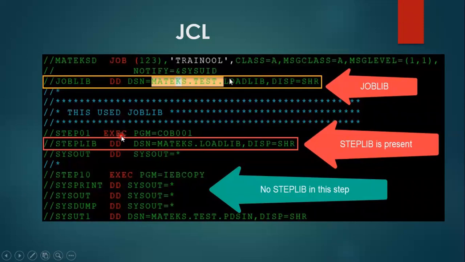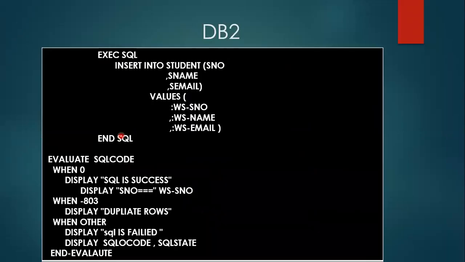And coming to DB2. So how does DB2 code look? It is basically just the basic SQL commands. So how are we going to write it in our Cobol program? Here we need to add EXEC SQL and END-EXEC. In between EXEC SQL and END-EXEC, we are going to write